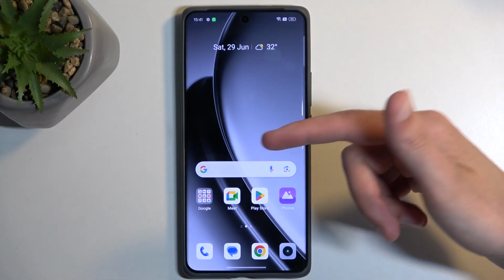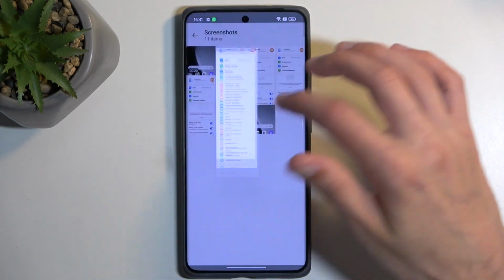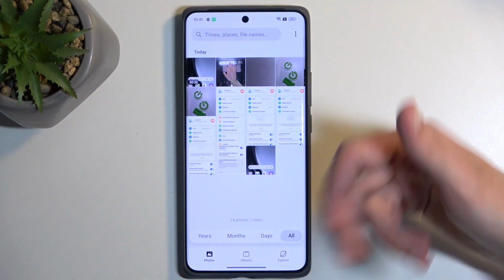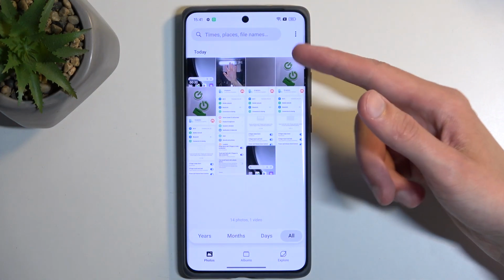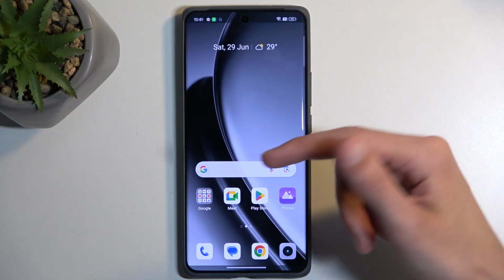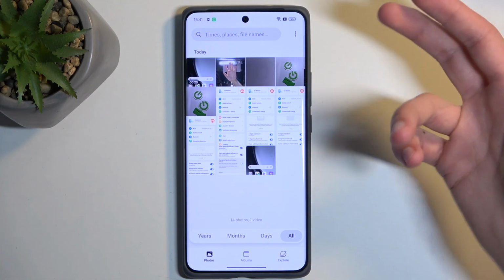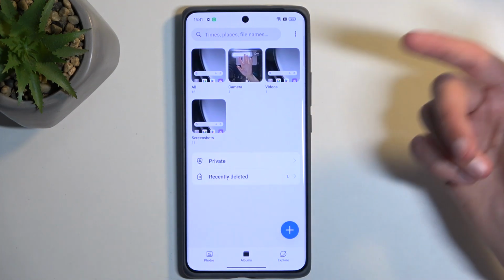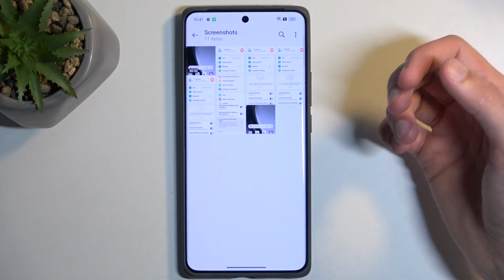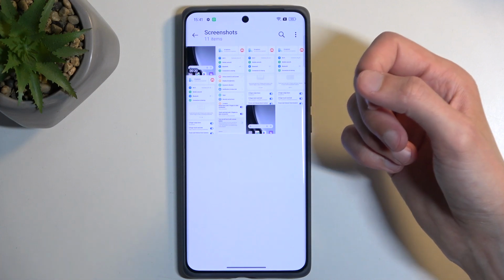So anyway, let's open up our Photos application right here. Disregard this pop-up. By default you would be located in the Photos tab right over here, and your screenshot should be visible somewhere, which I believe this is the one that I have captured. But later on you might want to locate the screenshot in an easier way, which you can do by going into the albums, and in albums you'll find the screenshot album, and in there you'll find screenshots, also screen recordings,